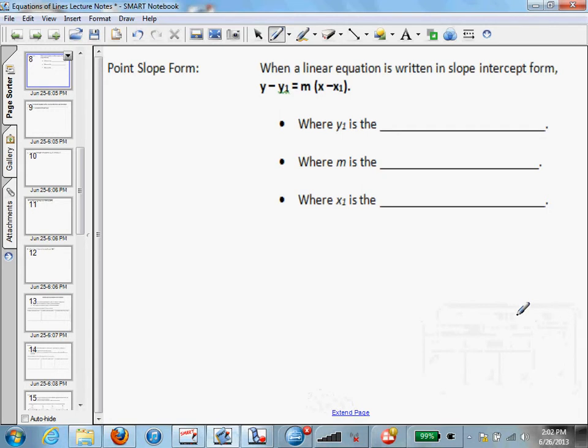We're talking about point-slope form. When a linear equation is written in this form, y minus y1 equals m times the quantity x minus x1,